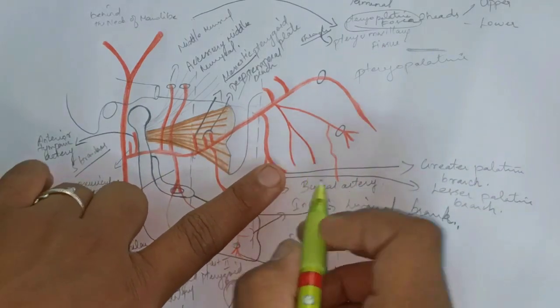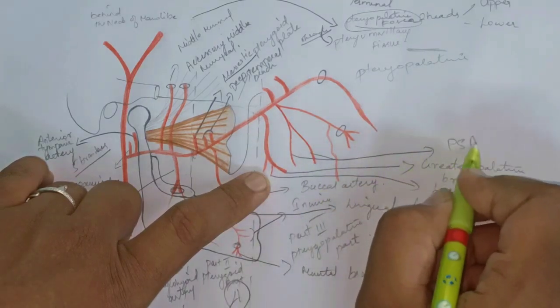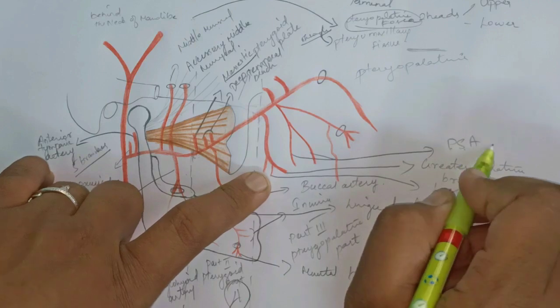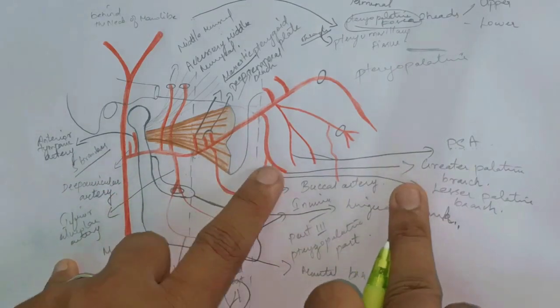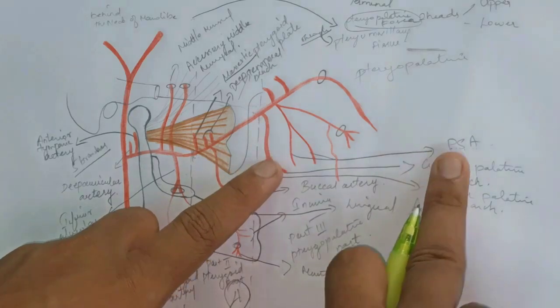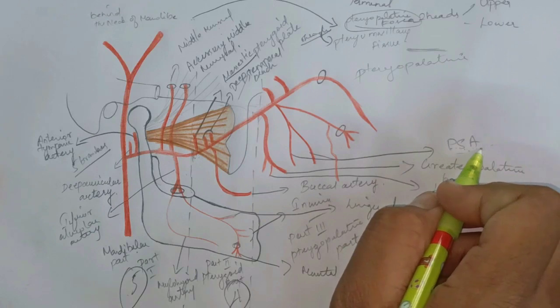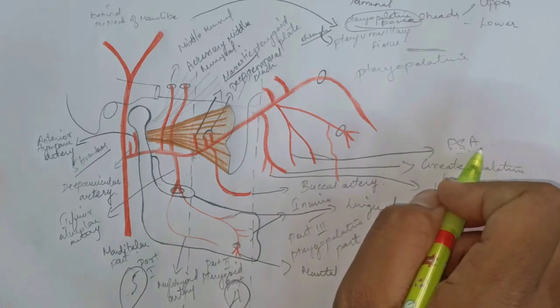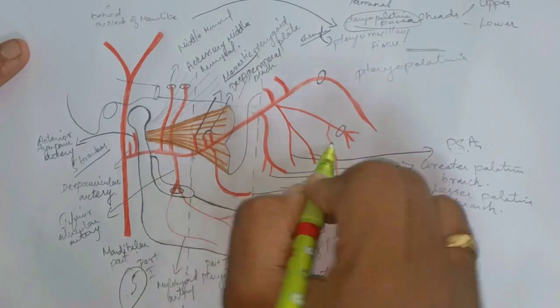Second branch is this one, and it is the posterior superior alveolar artery. This is also the same thing. PSA, you give a PSA block in upper maxillary posterior tooth extraction, right? Same thing, that is the nerve, PSA nerve block. Here it is artery, same, you remind like that. That's why I am comparing it with the nerve. So please remind like that. This is your posterior superior alveolar artery, which supplies the roots of, or nourishes, the upper posterior teeth,